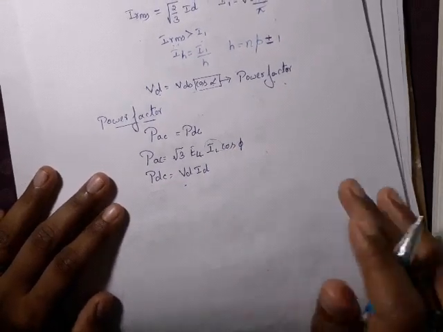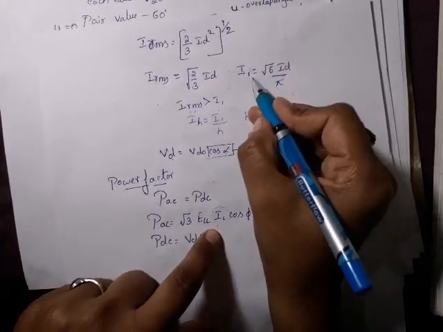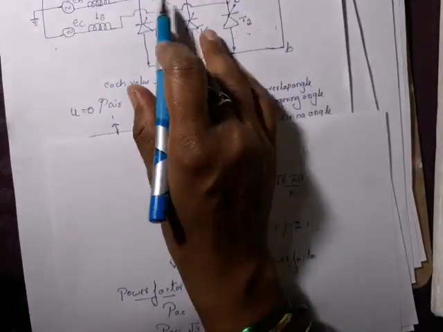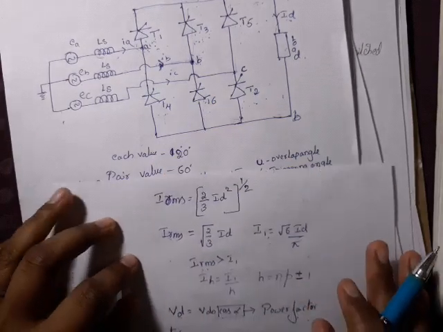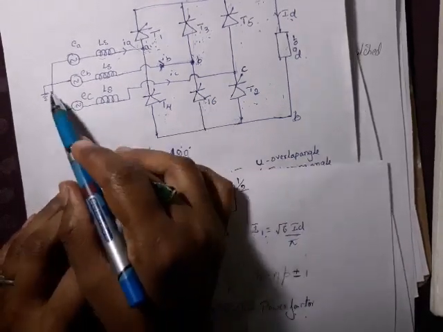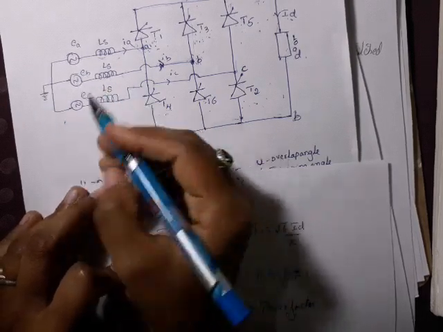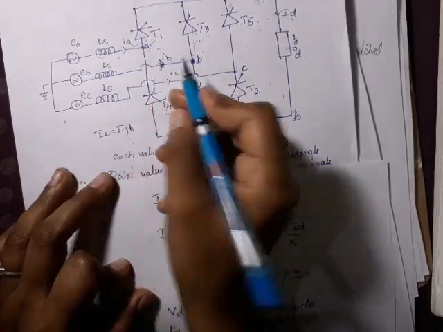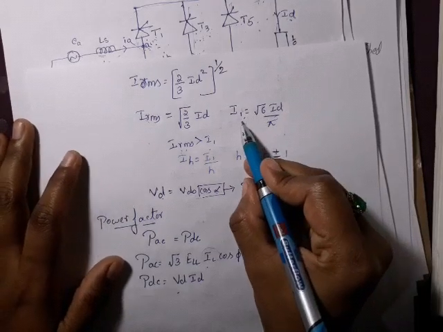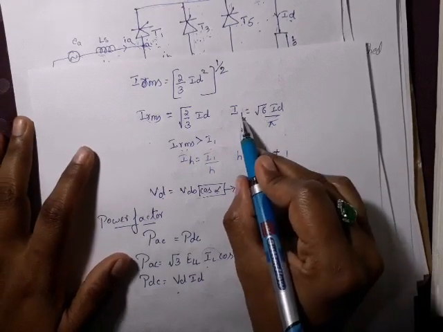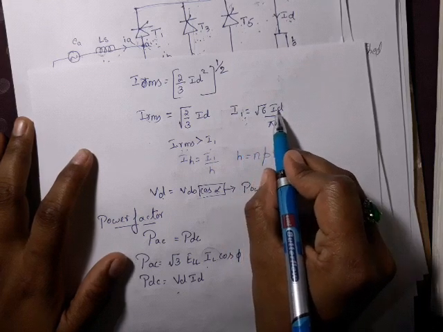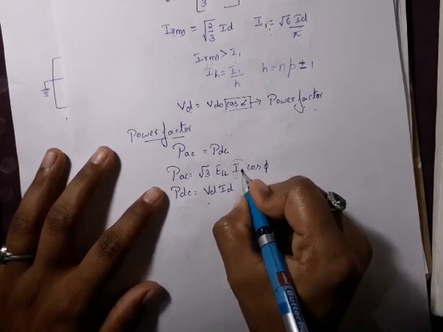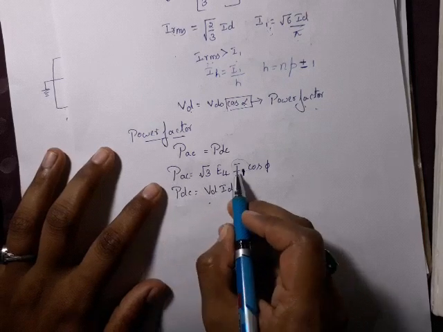But what is this line current? It is the actual current flowing in that particular line. If we consider phase B, actually it is the phase current. We'll assume star connection because I have grounded it. In star connection, line current is equal to phase current, so no problem with that. I'll assume IB as the line current. I have derived for the DC circuit that the actual IB, the RMS value I1, is equal to root 6 ID divided by pi. So I can replace this IL with I1. This is the actual formula for PAC.